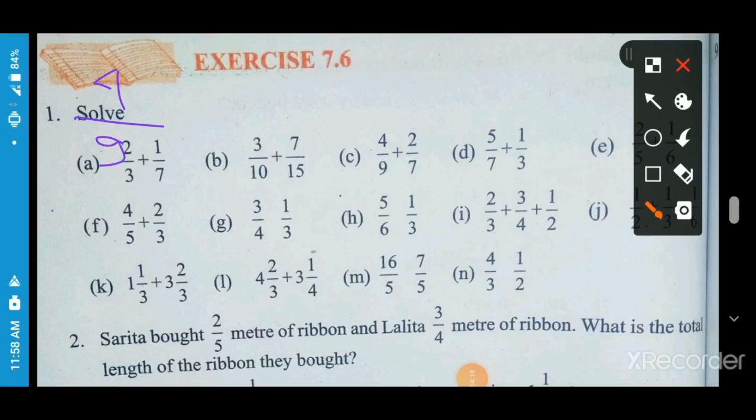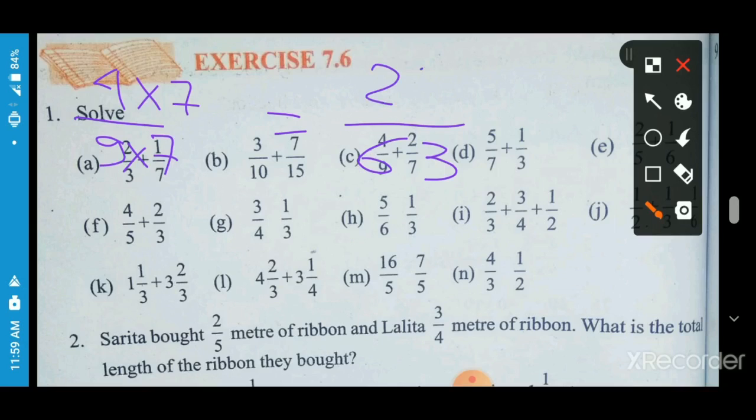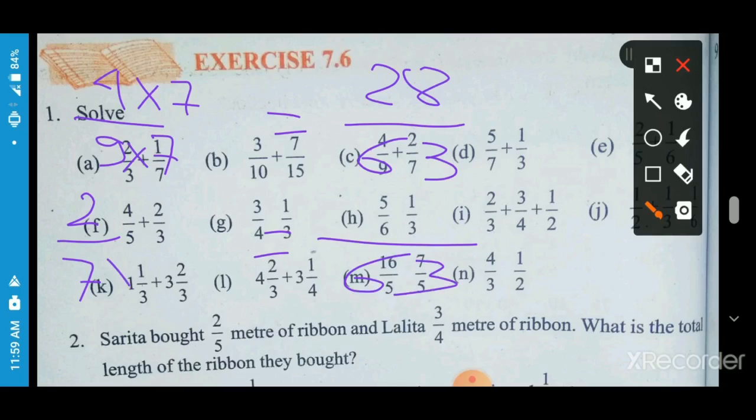Now it is our first fraction 4 by 9, and in the denominator we need 63. So we multiply 9 by 7, 9 7s are 63. And we multiply the numerator 4 by the same number 7, 4 7s are 28. Similarly, 2 upon 7 is the second fraction. In the denominator we need 63, so we multiply 7 by 9, and the numerator 2 we multiply with the same number 9. 2 9s are 18. So the new numbers are 28 upon 63 and 18 upon 63.